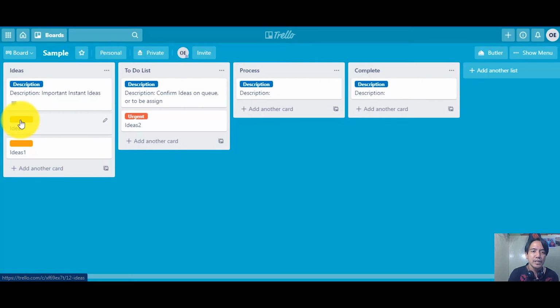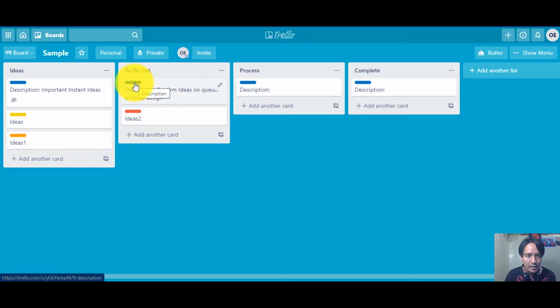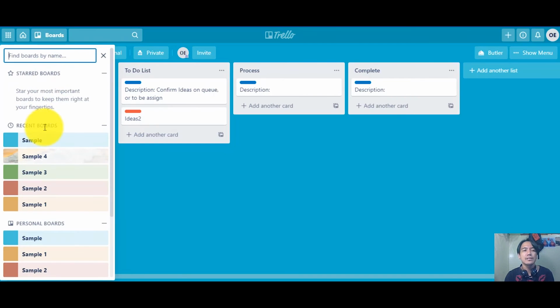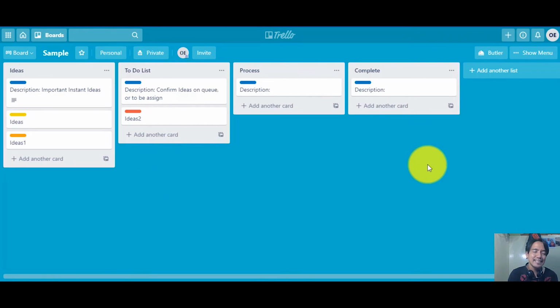So depende po sa inyo. So tips lang po ito. This is the default. All you have to do is click the color and back. So that's it. So very easy and very useful to organize, especially if teacher po kayo. You can put math, English, Filipino, or anything. Another